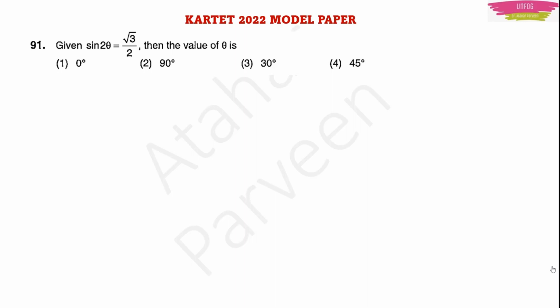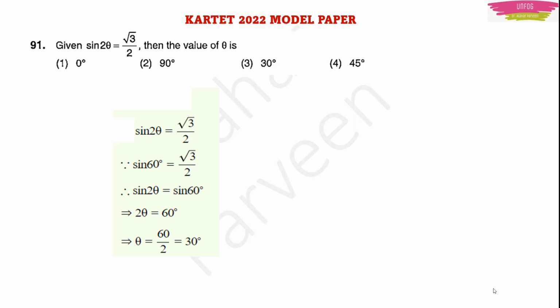But I will not take cos 30 in the right hand side now. Why I should take cos? I have sin in the left hand side, right? So I will make friends and I will take sin in the right hand side so that I can do more calculations and find the right answer to find the value of angle theta. Okay. Now what I will do? First I will take sin 2 theta is equal to root 3 by 2. In right hand side, sin 60 I can write it because sin 60 is equal to root 3 by 2,